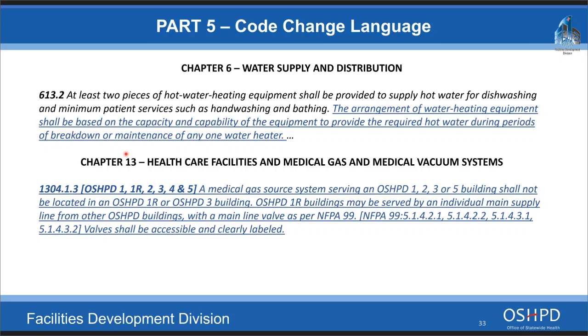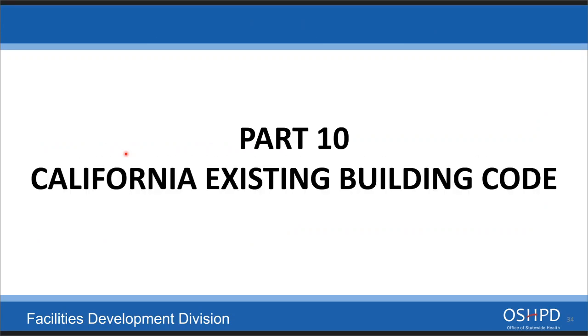What we're looking for here is that if we have a building that doesn't meet the seismic requirements OSHPD is trying to get in these facilities, we don't want the source to go down with a building that's taken down by a seismic event and take out the medical gas serving other areas that are very important. You can imagine that can be an issue. So that's what we're trying to address here with this language. And ongoing, I welcome any comments from the public on this too. If we can refine it further or answer questions, we'll do that. So next slide, please.